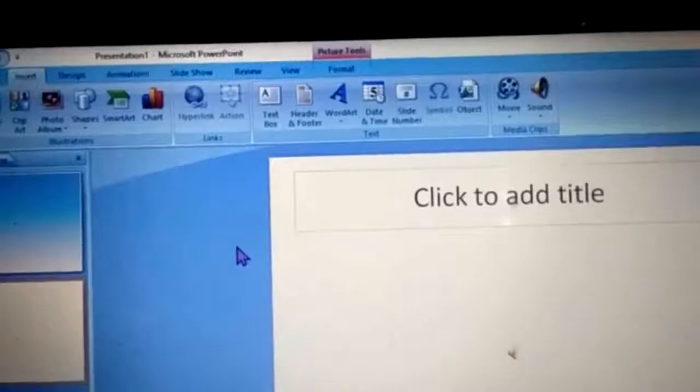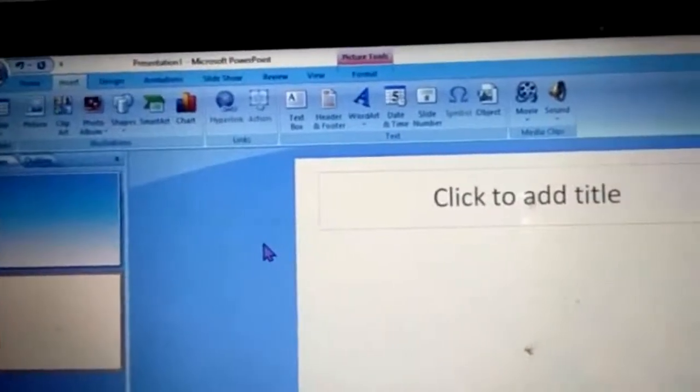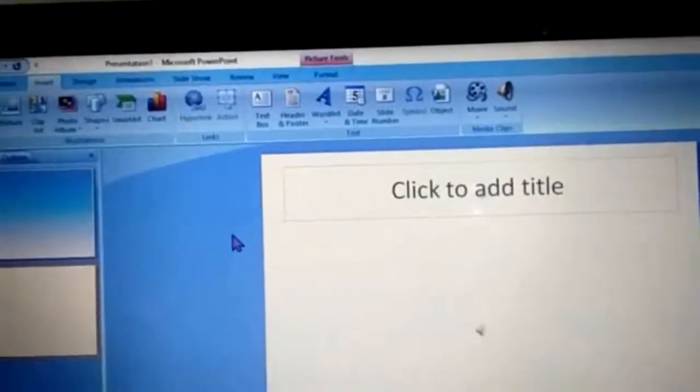So again, let's see the difference. I will run the presentation. The slide 1 is automatically, and the slide 2 is when clicked. So let's see how it works. Function F5 I played, and see, automatically it's being played. I go to next slide. The audio is not playing itself until and unless I click on this icon. So as I click on this icon, the sound plays. So this is how it works. I guess it is clear, children.